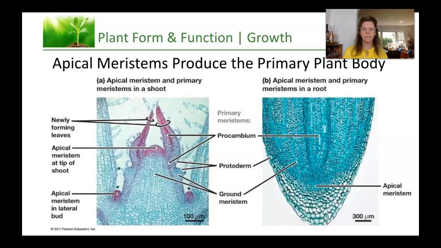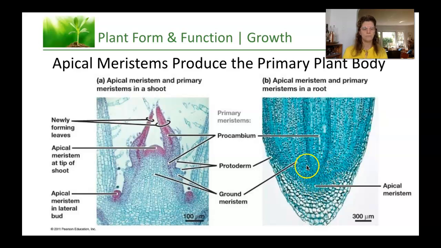You can see the apical meristem that's located in the shoot, and you have an image here of it forming new leaves, and the apical meristem is going to be at that tip of the shoot. It can also be here in the lateral bud, so if something were to happen and this would be removed, you would have new growth right here. And then we have the apical meristem associated with the root, and that's going to be here just above the